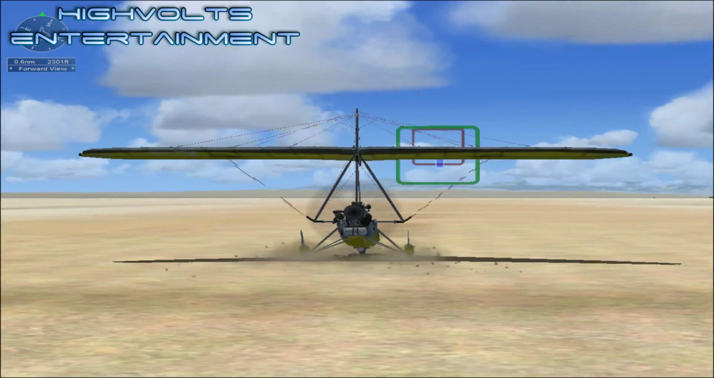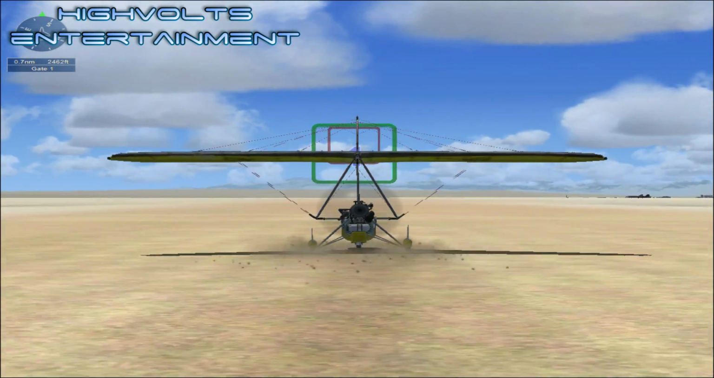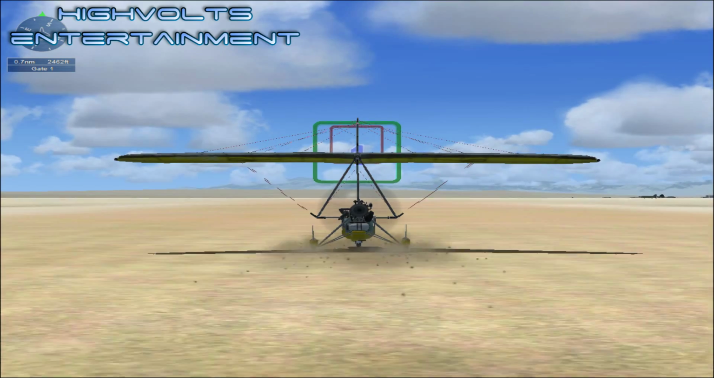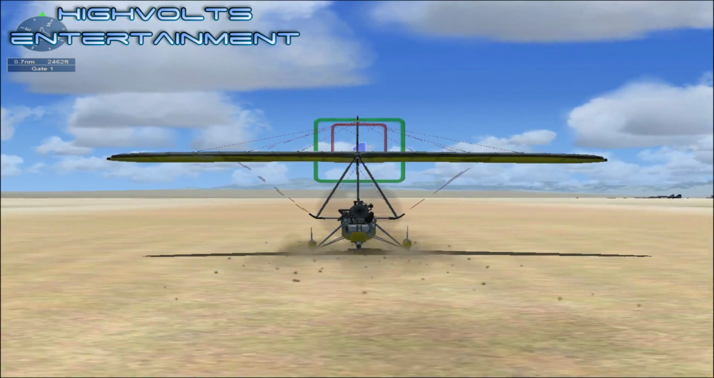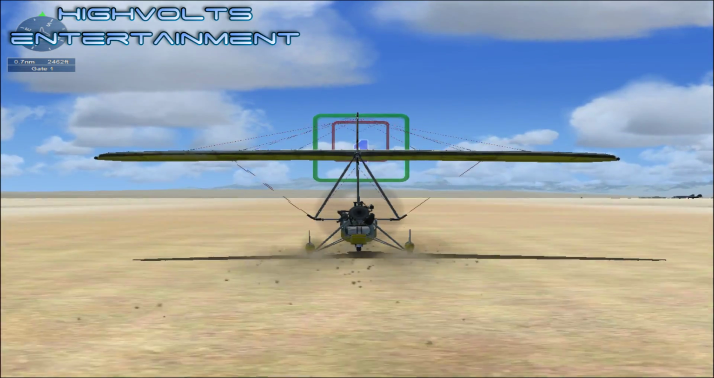Ready for takeoff? Smoothly advance the throttle to full. If you don't have a joystick, press the F4 key. Pull back on the